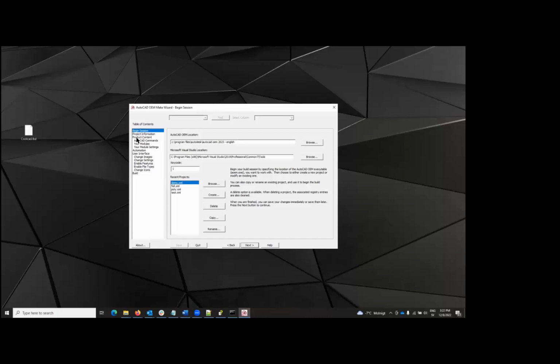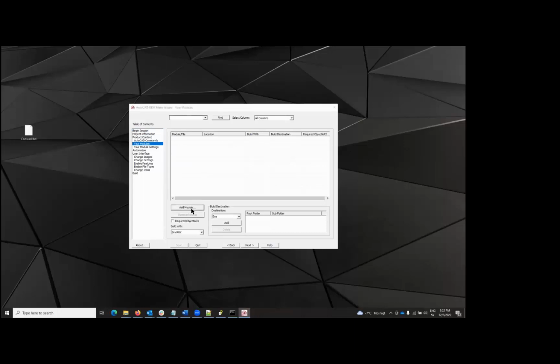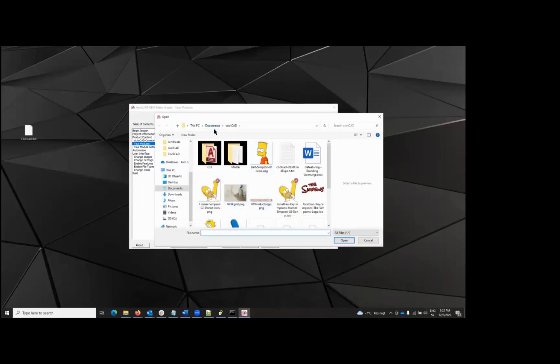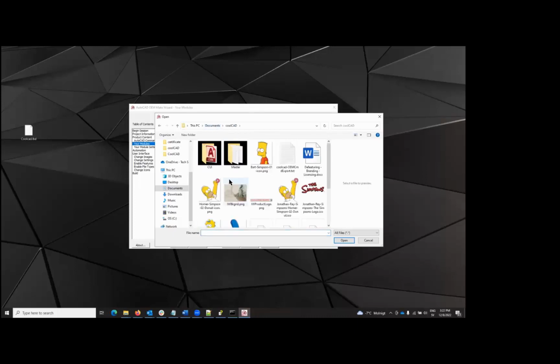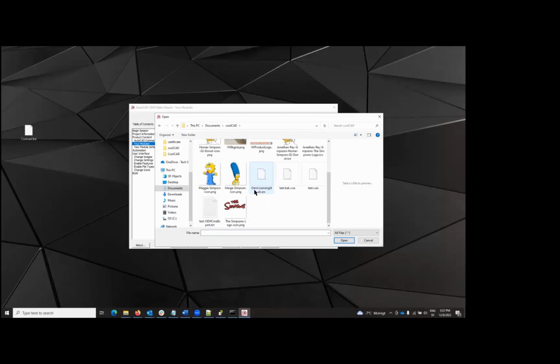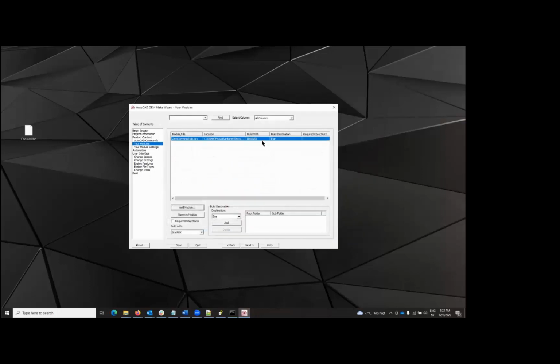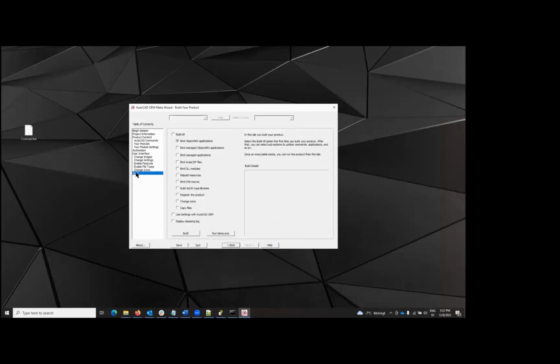So I go to my demo project, I go to your modules, and I add a module. Yeah, it should be in CoolCAD. I add a module called OEM licensing stuff. It's an ARX module. I will bind it to my product, and I will configure some settings here that we don't need to explain now. I'll just go in